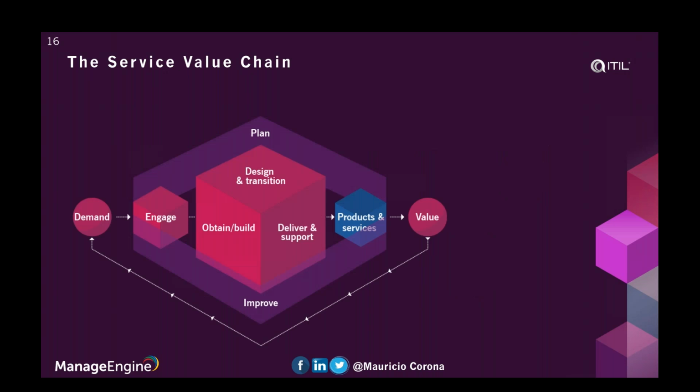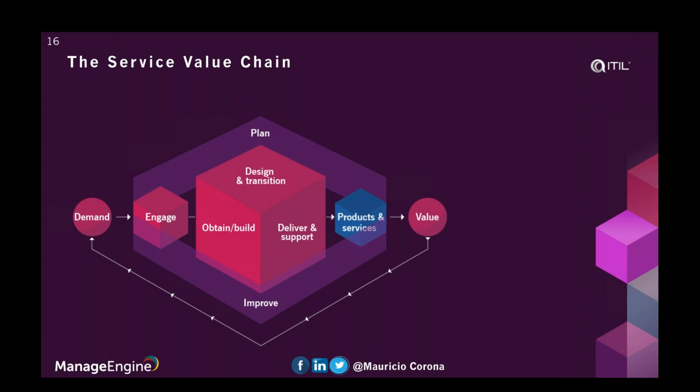But on the other side, this is the third zoom that I was mentioning. So if we move to the service value chain, what is in the service value chain? Well, as you can see, from demand to value. And you can see at the center a cube, and this is very important. We thought several days on how we can depict that the value streams that are going to go through the service value chain don't follow a specific path. That means that they can go to every single area on the service value chain.